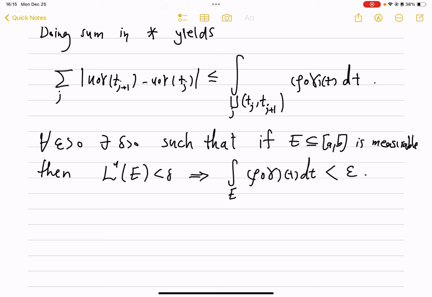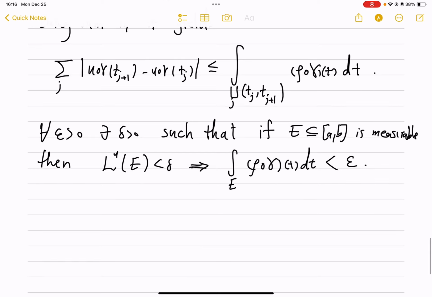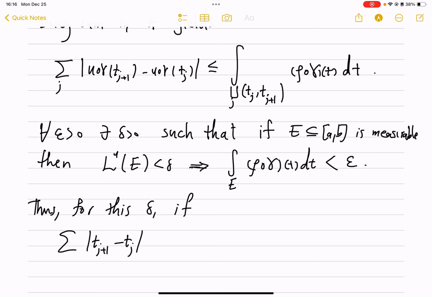That's from the absolute continuity property of integrals. Thus, for this epsilon and this delta, if the summation of tj plus 1 minus tj over j is less than delta,